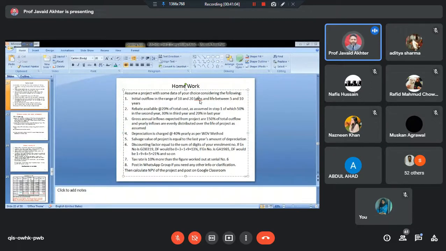Otherwise, when you make these calculations on the board, it consumes a lot of time, and sometimes even exercises are attempted in the class, which we are avoiding here, because you may do it on your own, but that will be a waste of your time. So we would like to spend more time on the discussion and question answer sessions. If you have no question on this slide, you still can ask some questions, and otherwise we'll close the class in another 2-3 minutes.